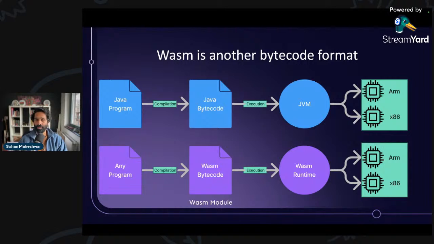Now, this is important. This WebAssembly bytecode essentially can be executed in any place that has a WebAssembly runtime. And WebAssembly runtimes are designed to be run anywhere. So Intel, ARM, x86, whatever, it would work. Windows, Linux, Mac, Raspberry Pi, it would work. AWS, Kubernetes, again, it would work, right? As long as it has a Wasm runtime to run on. So that's essentially how it works.